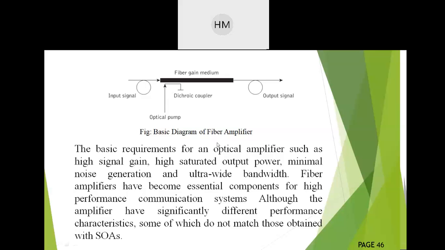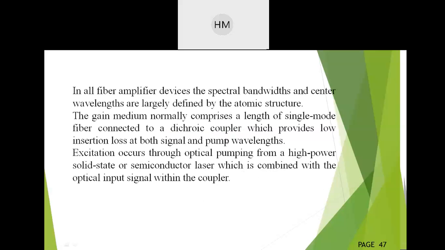SOAs. So here we have input signal, output signal. In between, I am using a fiber amplifier. What it will do, it will amplify the gain. For that, I will use a coupler and an optical pump which will pump some external photon energy so that the original signal will gain a higher potential to move forward. There will be low loss if I use fiber amplifiers at an appropriate length of optical fiber while communicating from one end to the other end.